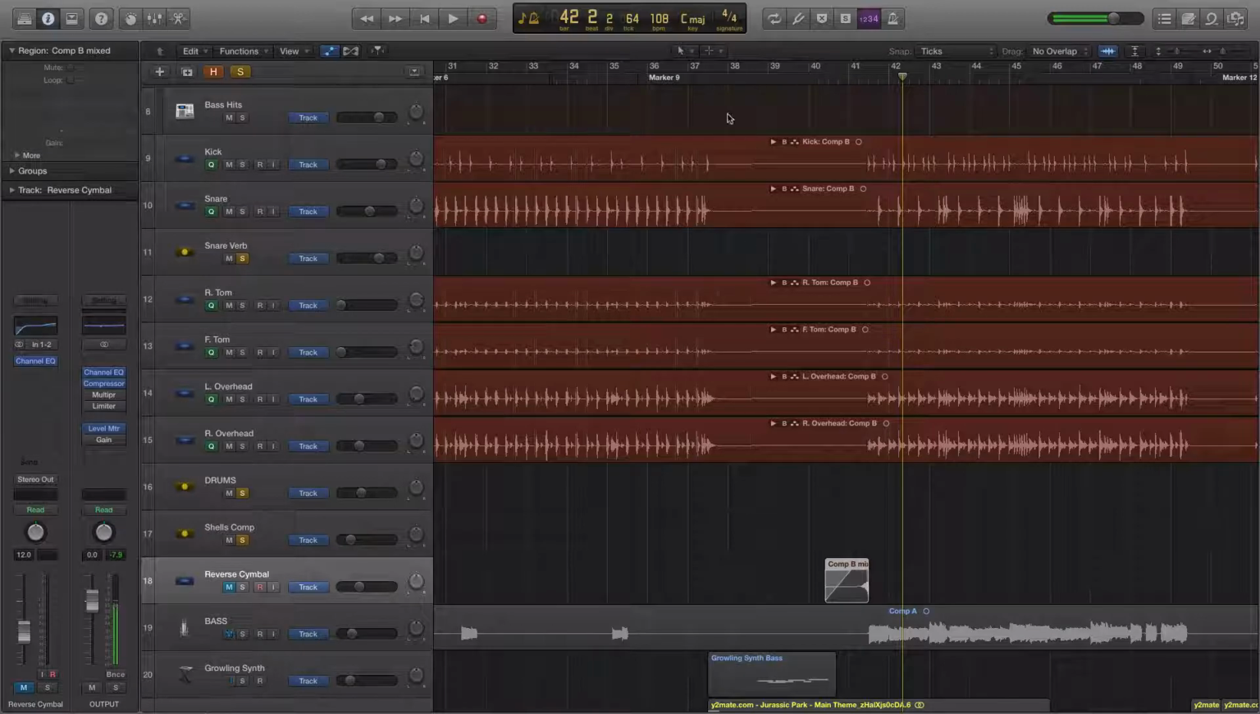Now, there is a convenient cymbal hit right here. And so what I did was I cut that cymbal out, reversed it, and just stuck it to the beginning of this part right here. And so now what we have is